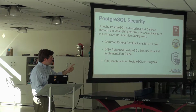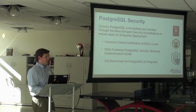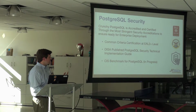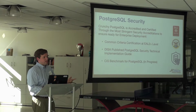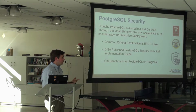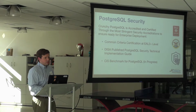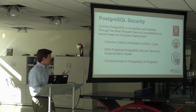We also, specifically for our DoD customers, but it has actually been used by a number of security-focused commercial enterprises as well, published a Postgres Security Technical Implementation Guide. Early on in the life of Crunchy, large institutions would come to us and say, hey, where do I go for best practices around using Postgres in a secure fashion? Well, here is basically a top to bottom guide